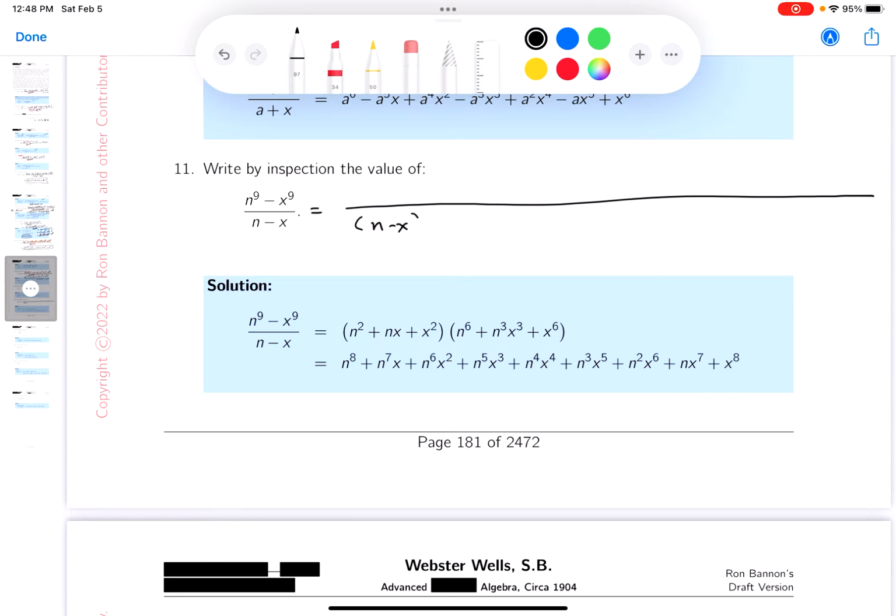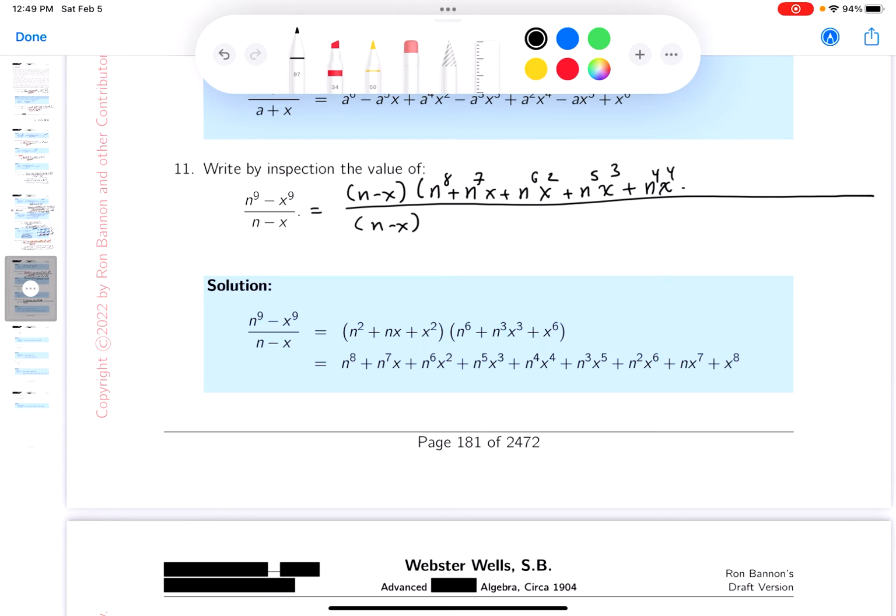But n minus x, and what would you get here? N minus x. And then over here, this would be what? n^8 plus n^7x plus n^6x squared. The exponents will always sum up to 8, and they have a very beautiful pattern to it though, n^5x cubed plus